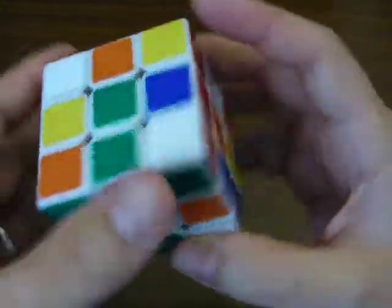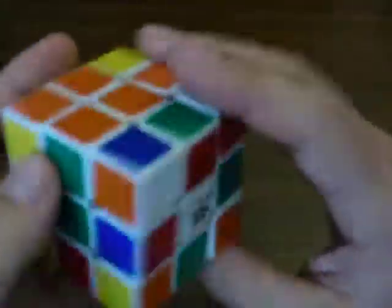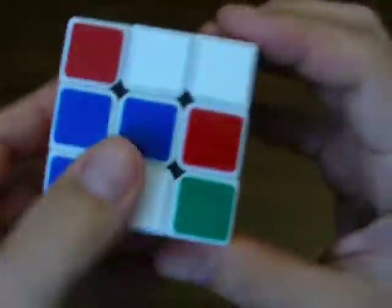And the DaYan's not really that much more expensive than a regular Rubik's Cube, and a regular Rubik's Cube should run you about $10 these days, at your local Walmart. And I think DaYans are going for somewhere in the ballpark of $15, but I gotta say it's just a